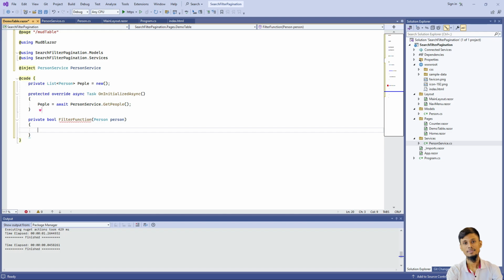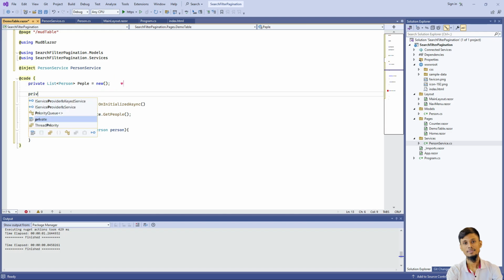If it matches, then we will keep the result, otherwise we will exclude it. So for this we will need private string search string,